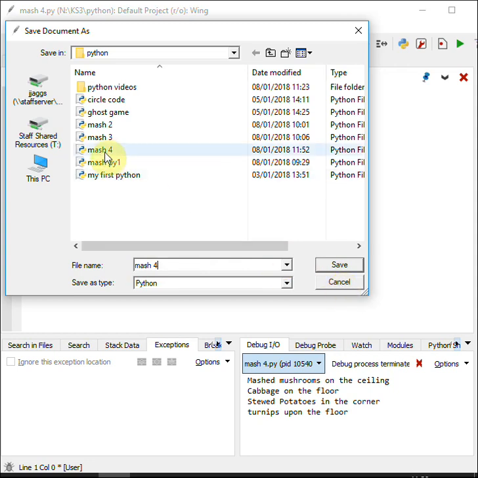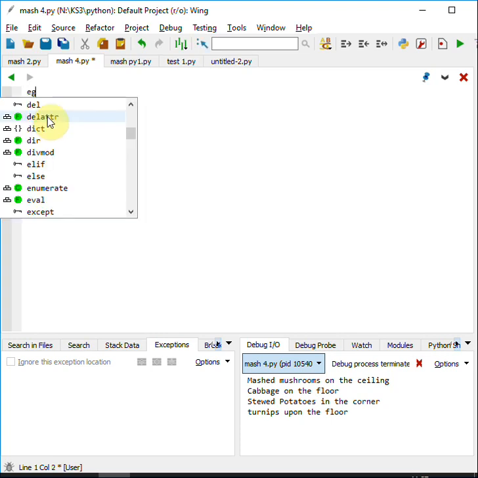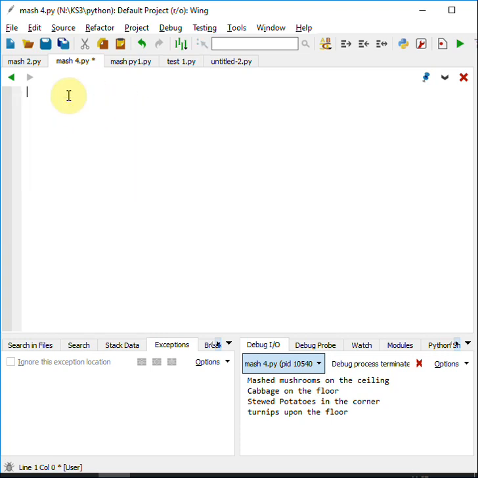Okay, so what you're going to end up with is MASH 1, 2, 3 and now 4. Once you've got MASH 4 open, we're going to use the same concept we used before, but this time we're going to change the variable so that on each line the variable is something different. We're going to start off with VEG, which was our